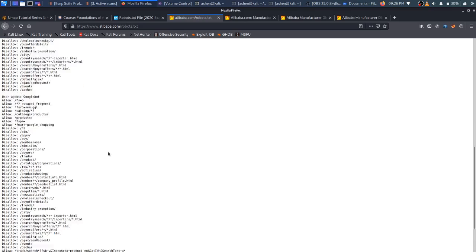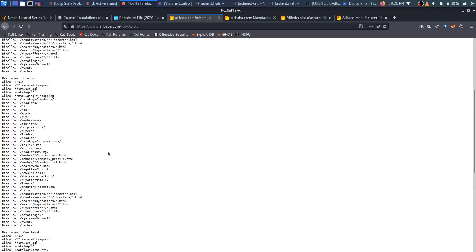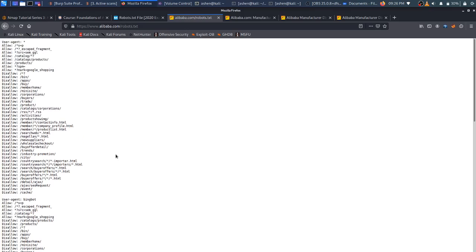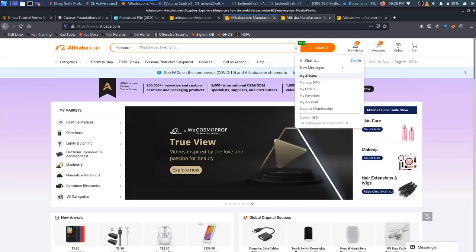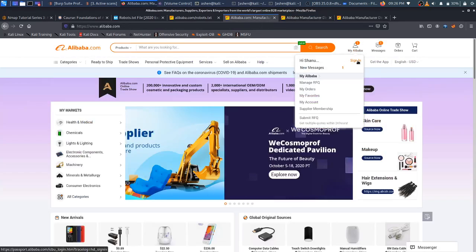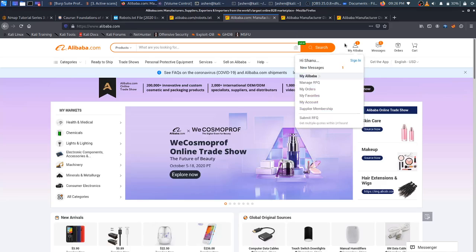I have got nothing else this week because I couldn't find anything, because Alibaba's security is very high. For example, I logged in and out of my account so many times to capture HTTP requests.